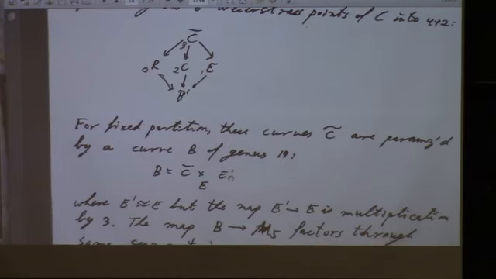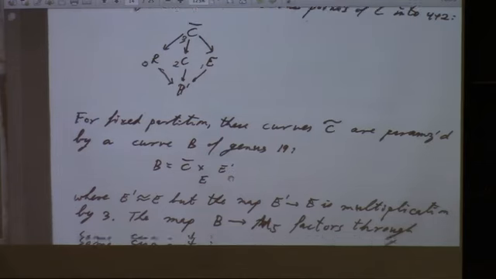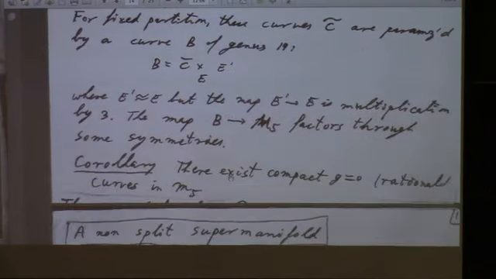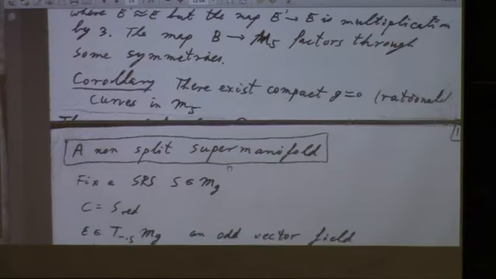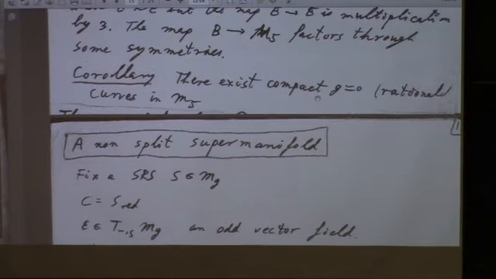In fact, even though the base is genus 19, when you map it into moduli, it turns out that the map is not 1 to 1. And the image is actually going to be a rational curve. So it actually produces rational curves in moduli space, which is not completely new. I found that to be rather surprising that these things exist. So there exist compact rational curves in M5 and in higher spaces. So basically this is the